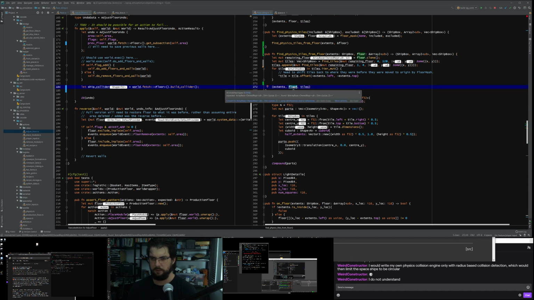Why is this floor not working? Yeah, I don't really care if this doesn't return those and just returns a vector of ship boxes, so I'm just going to do that. Once I've got this up and running, I'll just come back and explain to you what's going on.